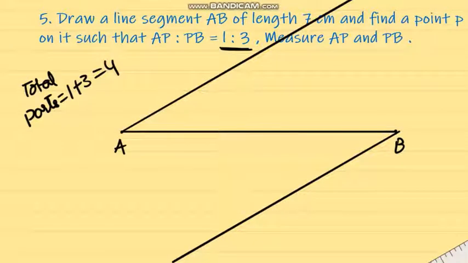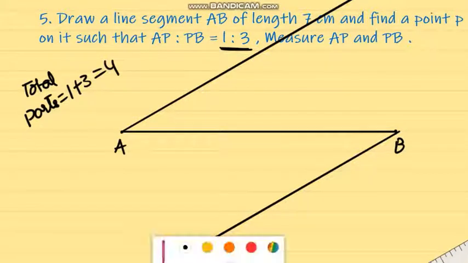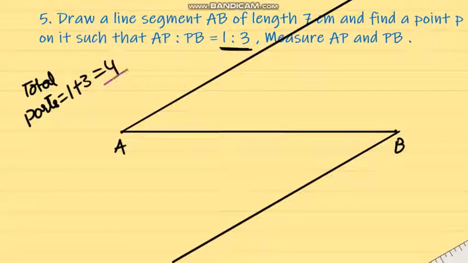Now see. So this is A and this is B. Now we have to make how many parts? 1:3 means total parts 4. So from A, let us say this ray is AX and this ray is BY. Okay. Now see ray AX and BY, and you have to divide that ray at equal distances. And how many parts you have to make? 4 parts.